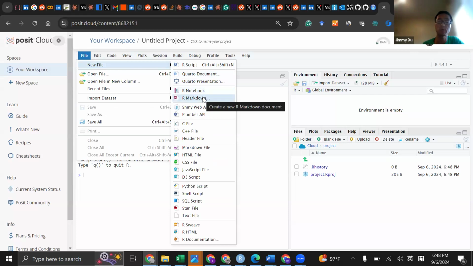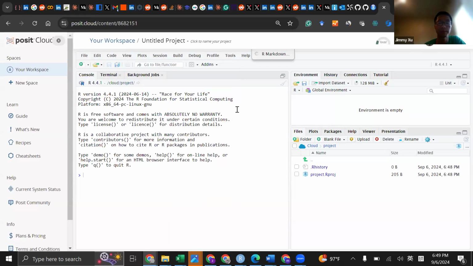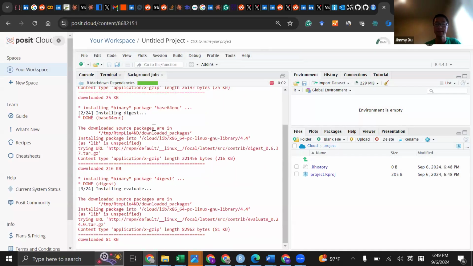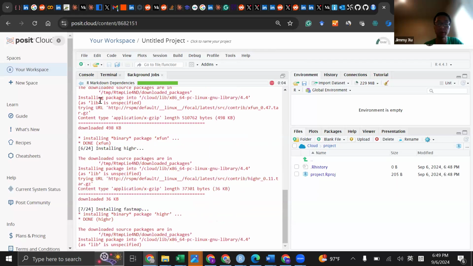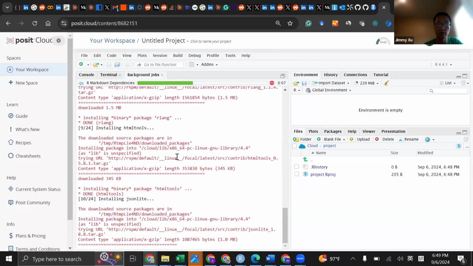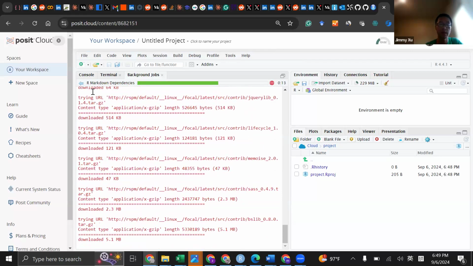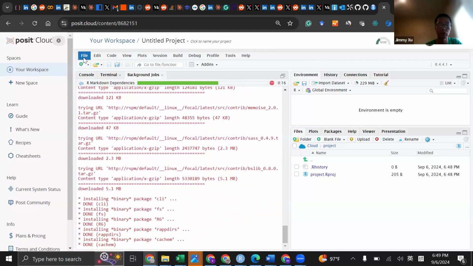What is R Markdown? R Markdown is a way of creating HTML documents or PDF documents automatically. You can even write a book using R Markdown. So I click R Markdown. Then you see it's asking me, do you want to install these packages? Yes, because without doing that, we can't move forward. Now you see the background jobs installing these packages and showing us the progress. Once it's finished, we are going to start